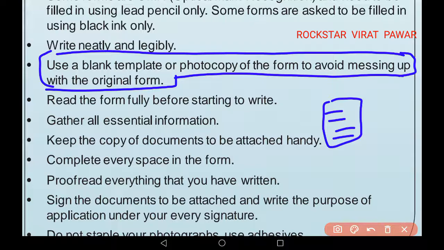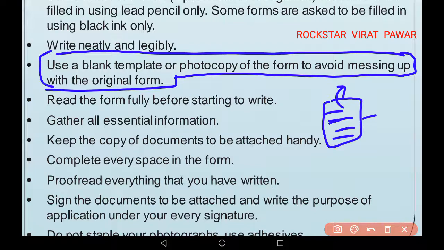And when you are filling it in the online process, you can utilize this Xerox, and you can easily identify which point or which format you have spelt wrongly or filled information wrongly. So this is a very important point.